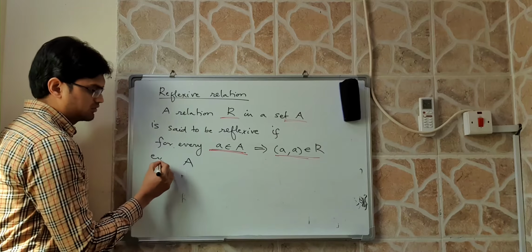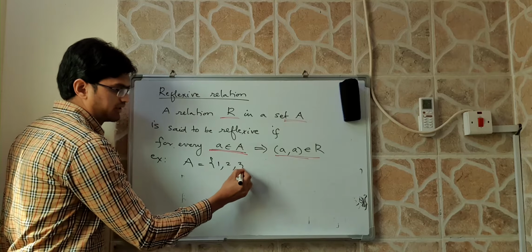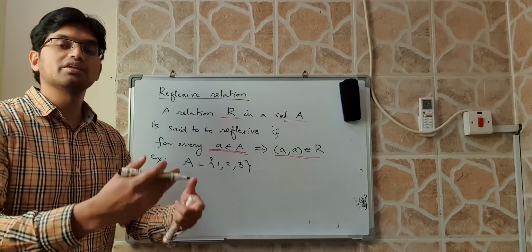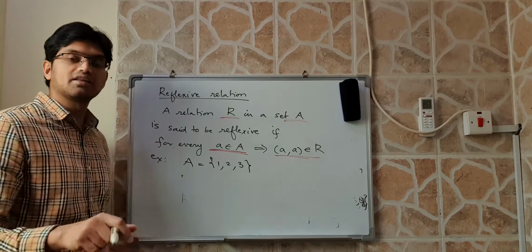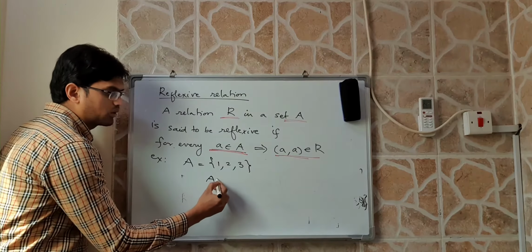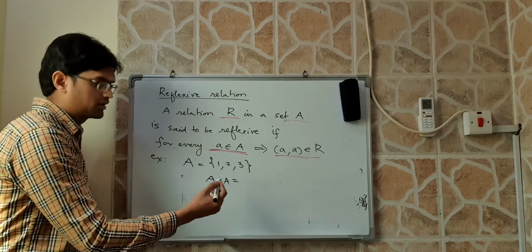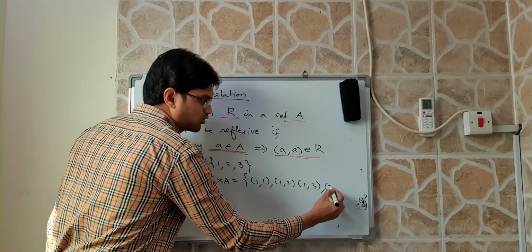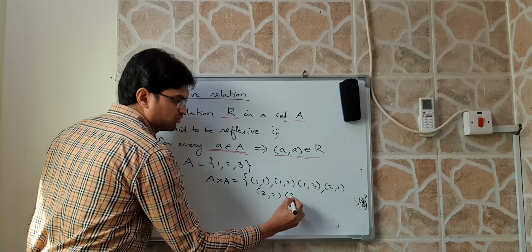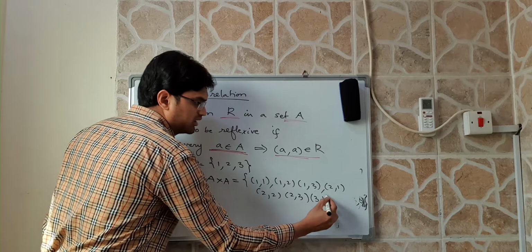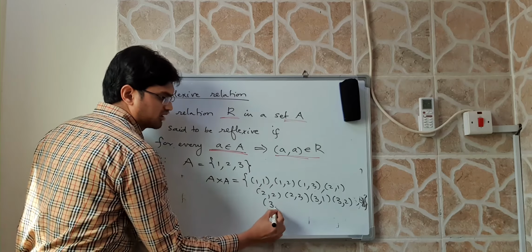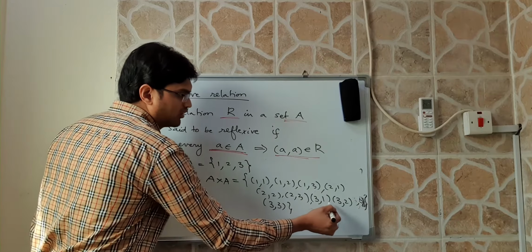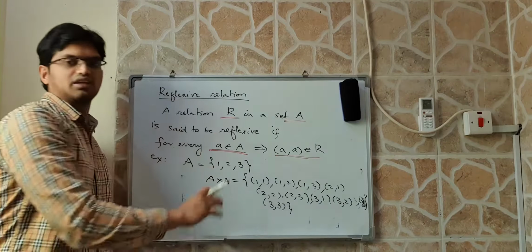A is equal to {1, 2, 3}. This set A I have considered. Now, first of all, in the background, what is happening? If I want to consider a relation, I have to perform A cross A, which I have just done: (1,1), (1,2), (1,3), (2,1), (2,2), (2,3), then (3,1), (3,2), (3,3). So once again I have done that. We have performed A cross A because I want to take the subset from this set only.